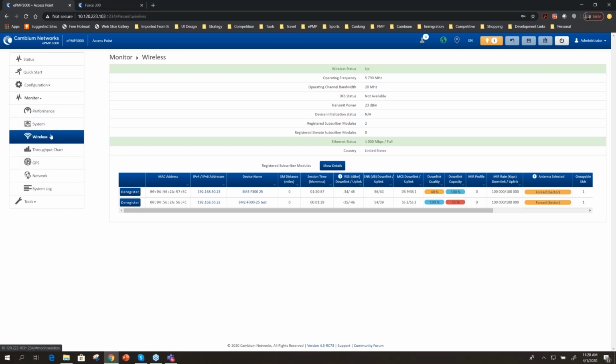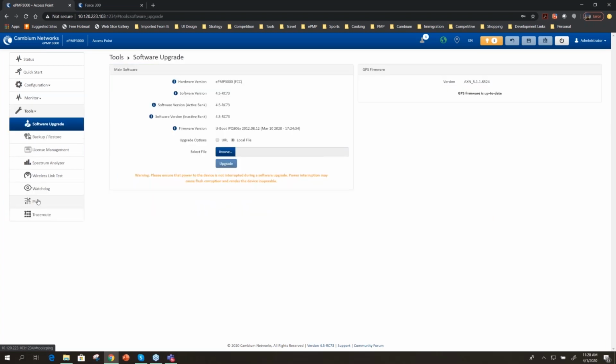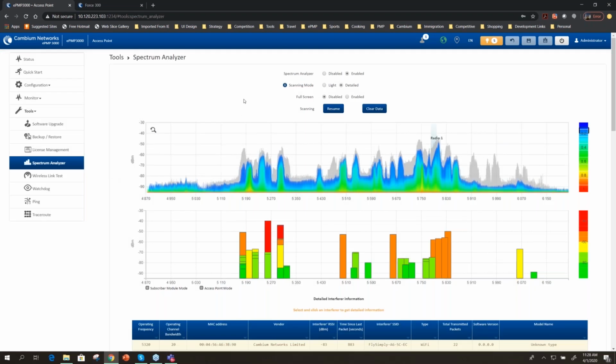And then down here, I had something running on Spectrum Analyzer. So this is in our lab environment. This is important as well. I don't anticipate that when you have an installer going out to the field that you're going to be doing this a lot, but it's good to see a view of the spectrum even when you deploy a subscriber module, and doing so both at the AP and the SM. So needless to say, this is a relatively busy environment, but I have seen much worse.